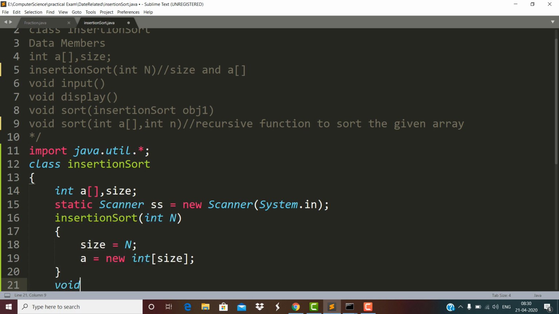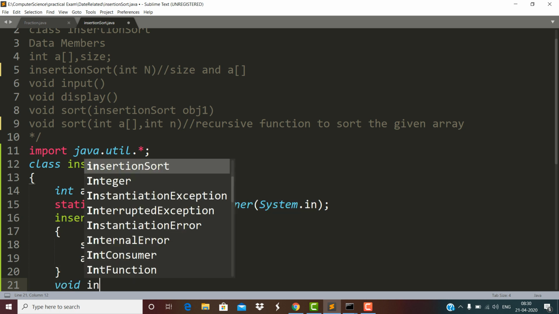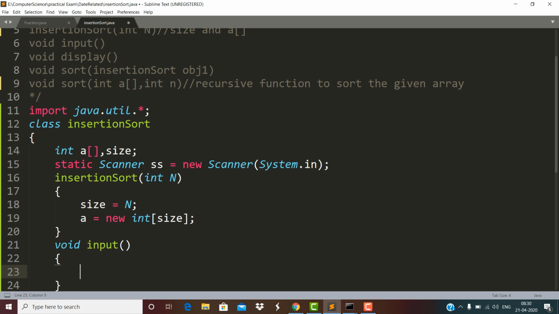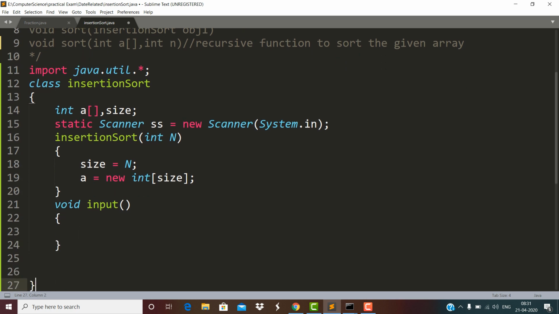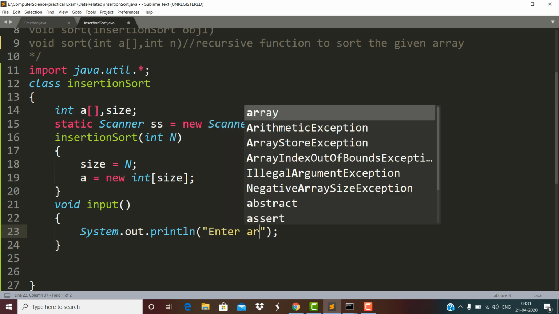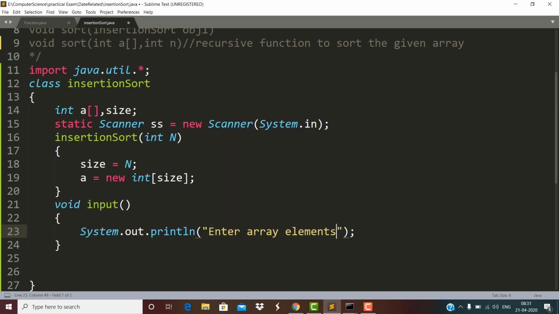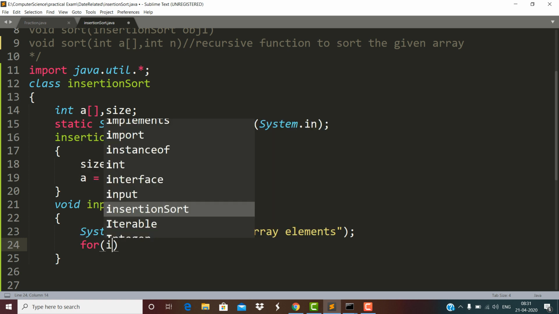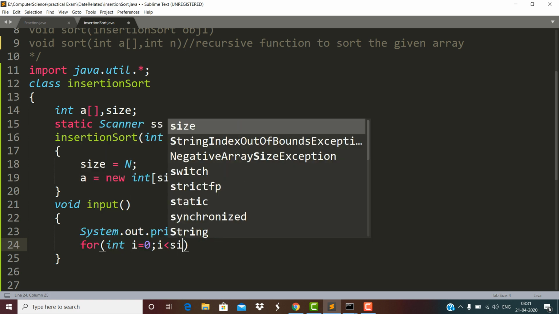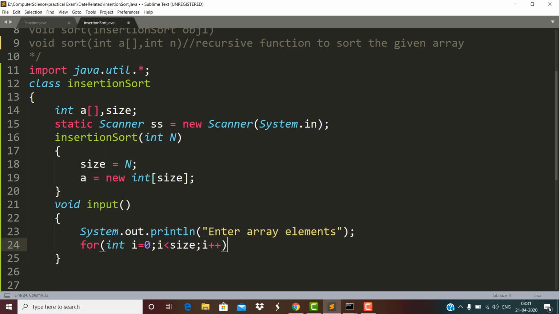We are initializing, so the array is initialized. Void input. So here we will be filling the array, that is, enter array element. So for int i = 0 till it is less than size, i++, and here a[i] is ss.nextInt.